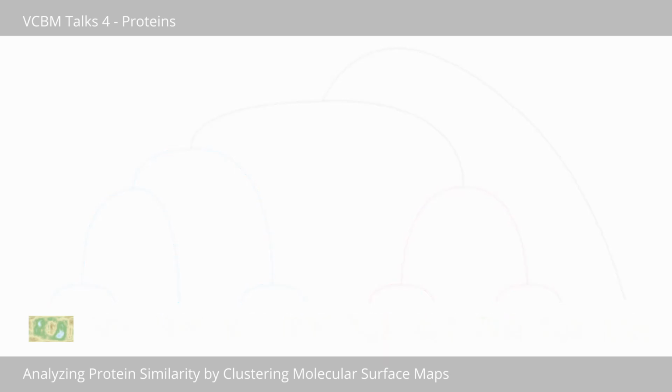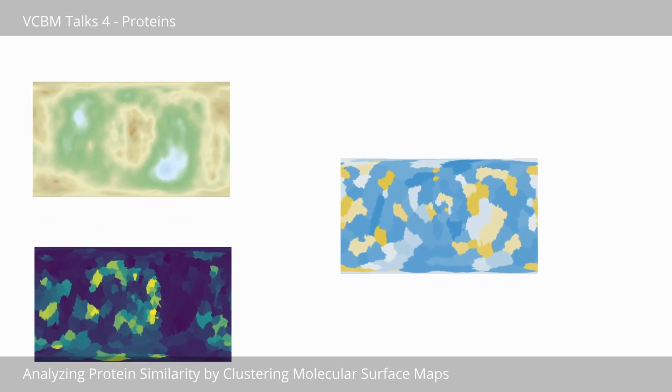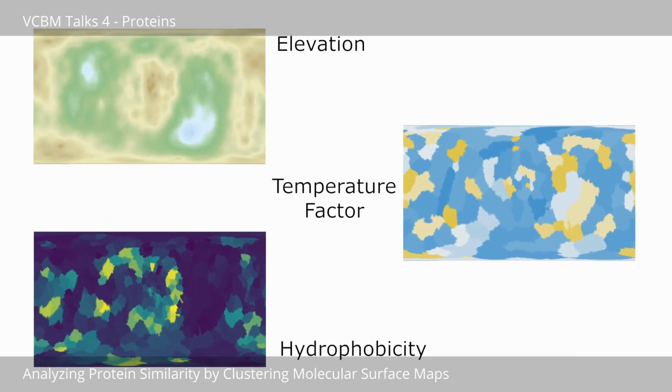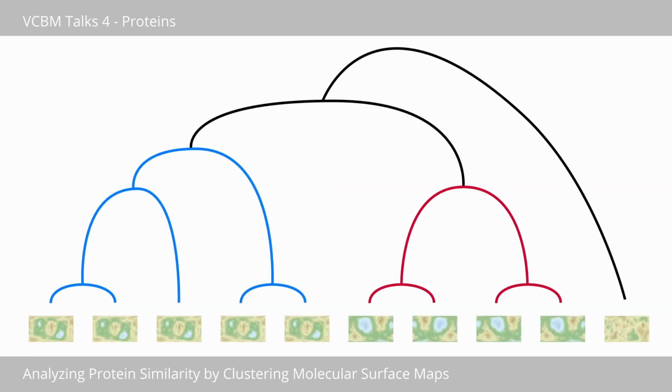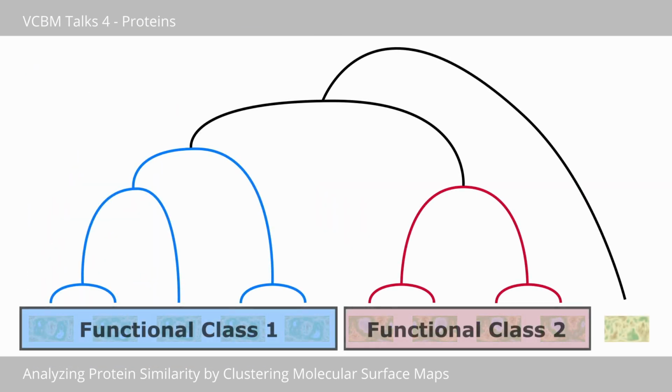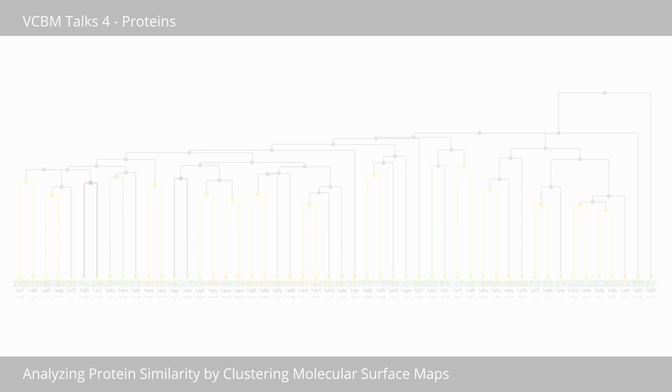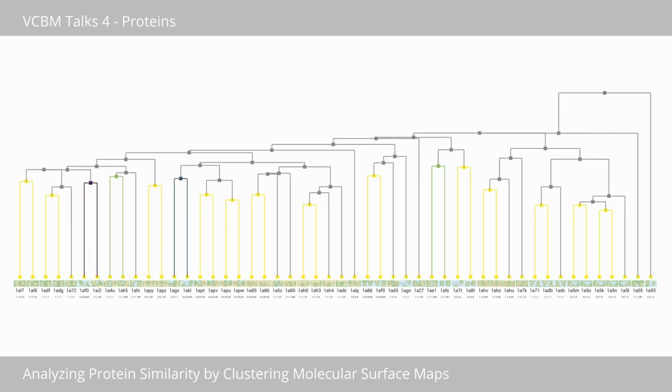Our approach is able to take multiple surface properties into account to create the clustering. We finally compare the results to already existing similarity metrics, including a database for functional similarity. It is found that our approach generates good results, although the amount of information used to retrieve them is limited